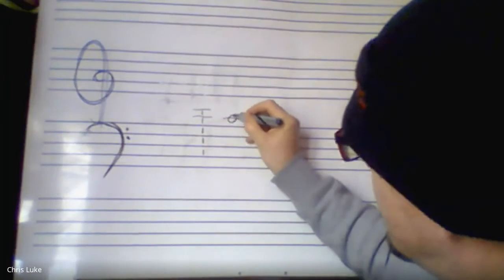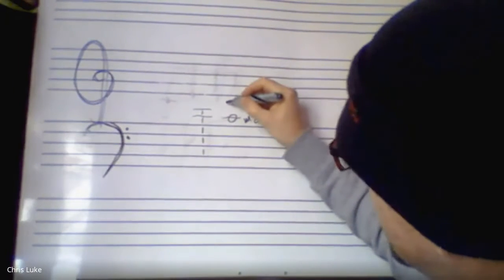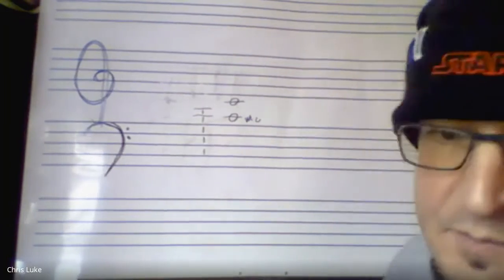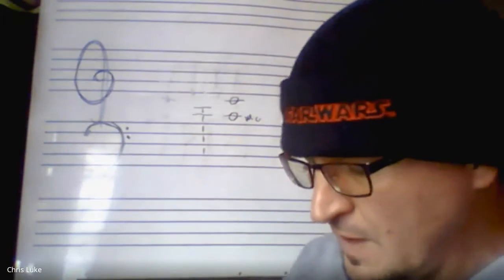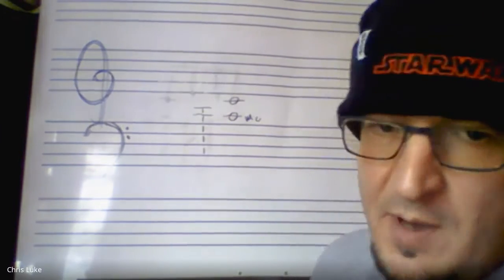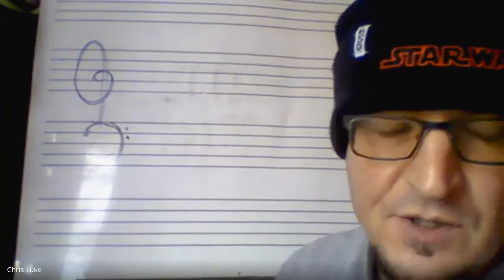Over here, that would be a middle C. Remember we spoke about that. And on the treble clef, that would be a middle C. And the middle C sits on a ledger line. Okay, guys. So the next thing you want to remember about ledger lines is that they're an extension of the